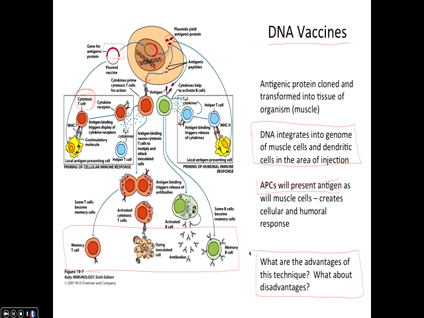Once you have the plasmid, you just have to grow up a bunch of the plasmid, do a bunch of DNA purifications, and then just take it to wherever you want and do the transfections, inject it into muscle areas, and you'll hit both B and T cells, or both sides of response, because you're not directly targeting, you're just essentially getting random integration into a bunch of different cell types that you're going to activate B and T cells in this response.